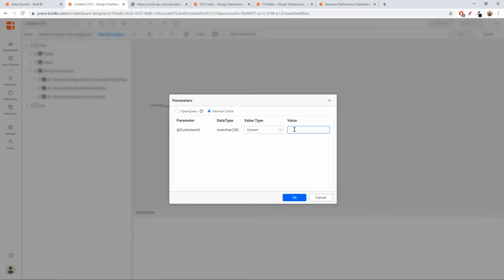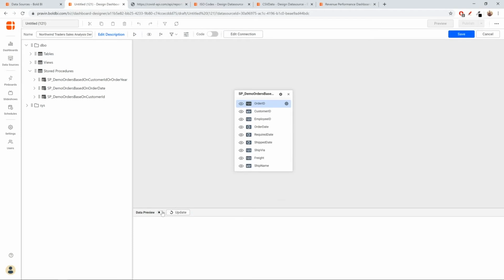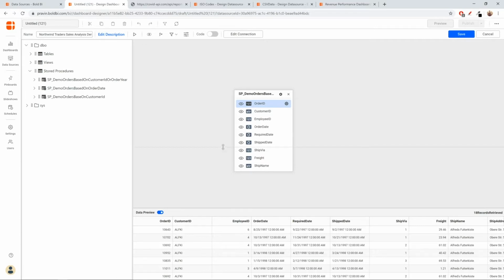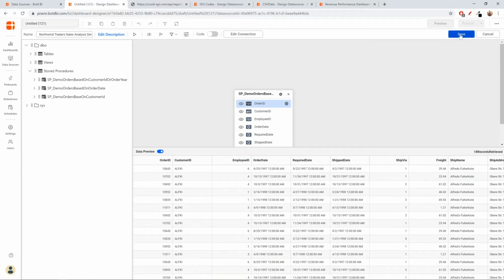First one is entering a custom value by myself, but when you enter a custom value, this is going to be static, and you may not be able to change it in future. If you want to change it, you have to come back again and edit the data source. On the other hand, you can go to the parameter option. It will show the list of parameters that you have in your data source. So this is the one that we recently created. I'll choose this and click OK. Okay. So this will apply the default value and then execute the stored procedure. So in the data preview, you'll be able to see the customer ID that we have chosen by default. Okay. So now I'll save this.